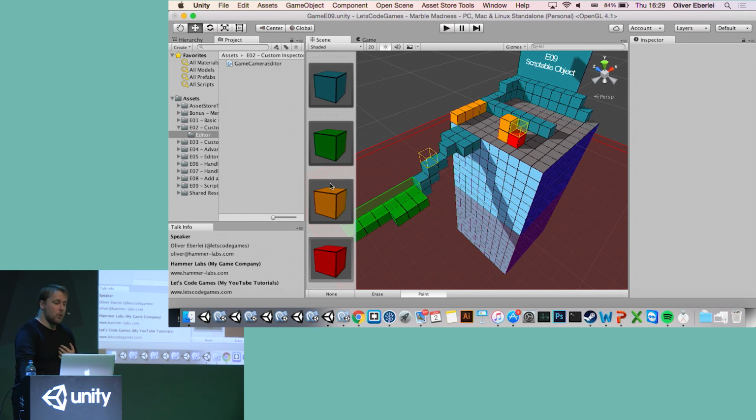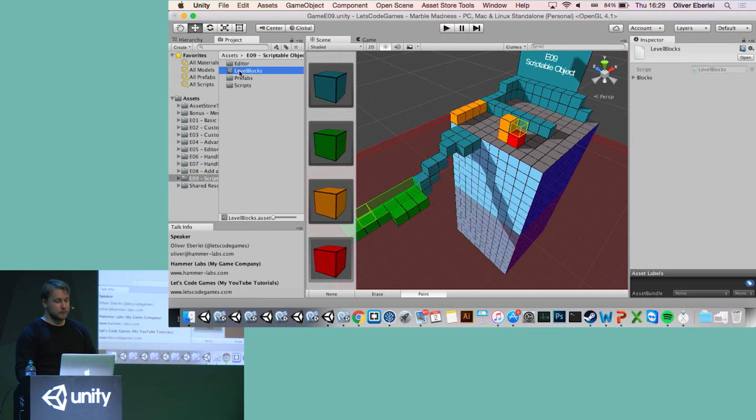To be able to define what type of objects should be on the side here, I created a so-called scriptable object. A scriptable object is just a data object that lives in your project. Inside this here, I have this object called level blocks. This is similar to a mono behavior, but it's not attached to a game object, it lives in your project. So if I select this, I have the same inspector just like I would have in a mono behavior. And in this type, I have blocks. I can assign them names, and I can assign them a prefab.